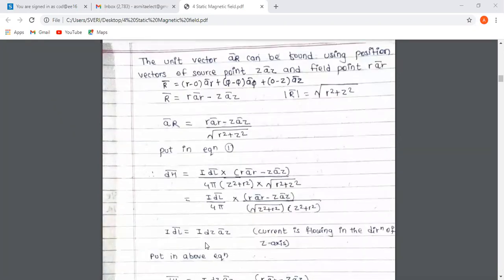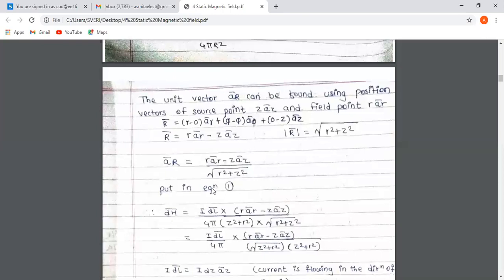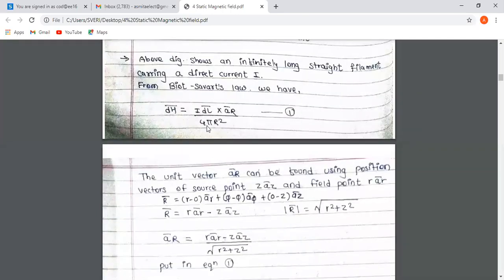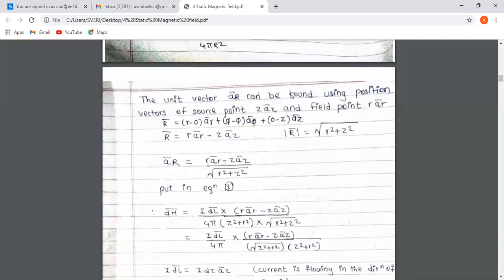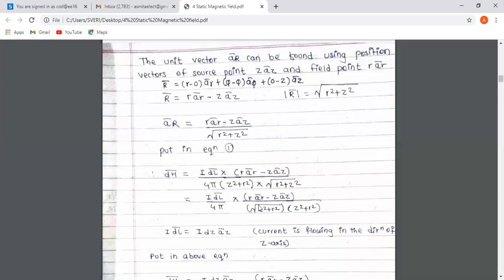So just put these values so that we get dH bar is equal to I dl bar cross this a bar r. This a bar r is this term divided by square root of r square plus z square, and divided by 4 pi R square, this term. So this R square in 4 pi R square will be only r square plus z square. So we get this term. Now